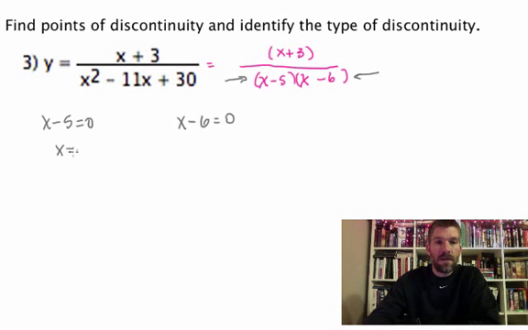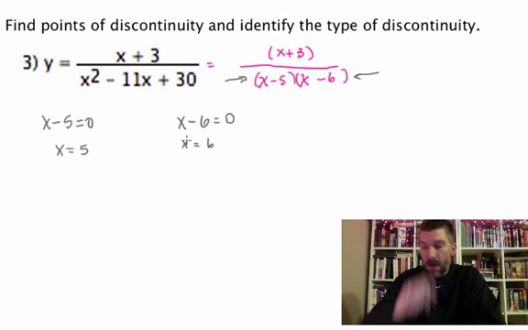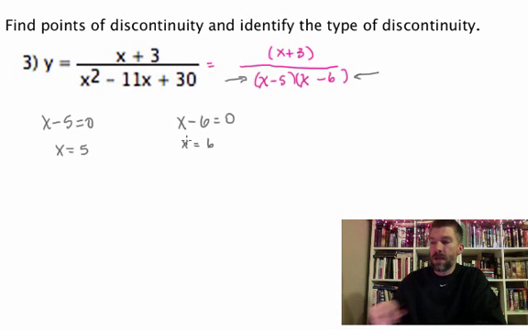So x equals 5 and x equals 6. Those are the two places where I am going to have problems with my domain. Now, the next question says to identify what kind of discontinuities they are. And what's going to happen is, if you just think about what we're doing here,